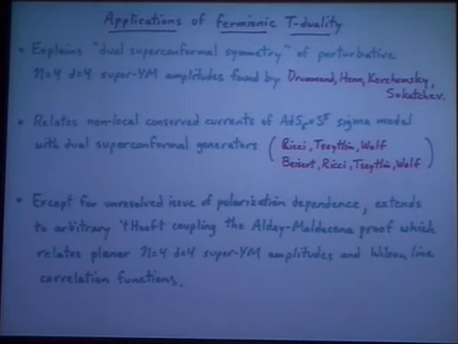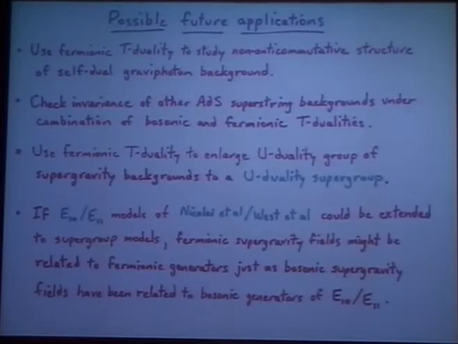So let me just quickly say some possible future applications. Of course, one possible application is to use this fermionic T-duality to learn about the self-dual graviphoton background. Another possible application is to see if there are some similar invariances of other AdS backgrounds, AdS3 x S3, for example. One more speculative application is to try to use fermionic T-duality to enlarge the U-duality group of supergravity